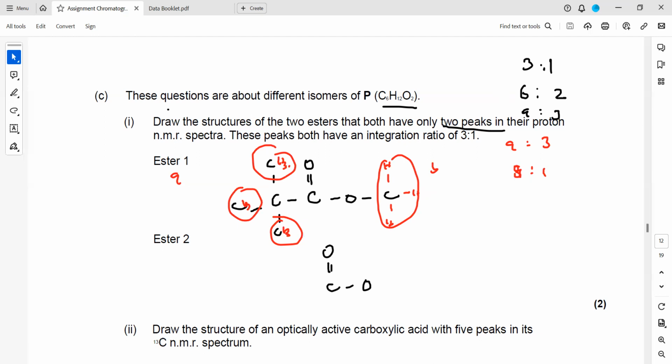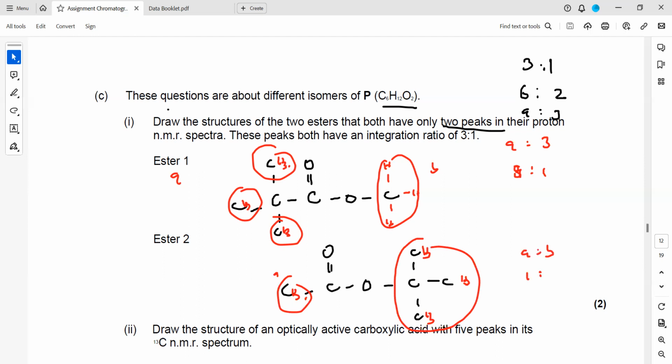Then what is the second possible structure? You can switch it the other way around, like you can have 4 carbon atoms here and 1 carbon atom the other way around. This will be CH3, and if I say this is A and this one is B, they are all identical. So A and B, the ratio again is 3:9, or you can also say 1:3. So it's the same thing. You draw both. Then the next part,